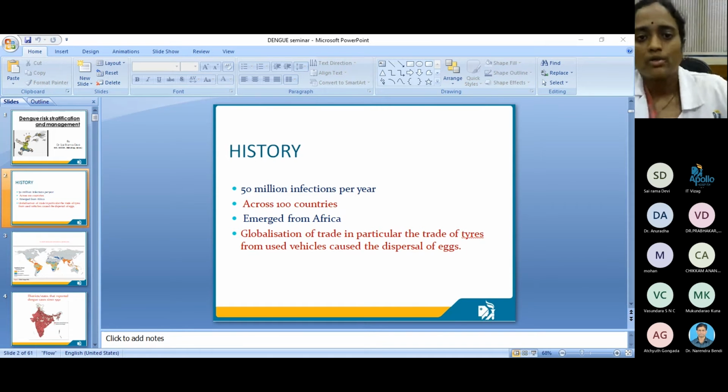So I was talking about macrophages. Here are the macrophages which are getting infected by the virus, and these macrophages in turn, and the dendritic cells, which are nothing but the immune cells present in the skin,